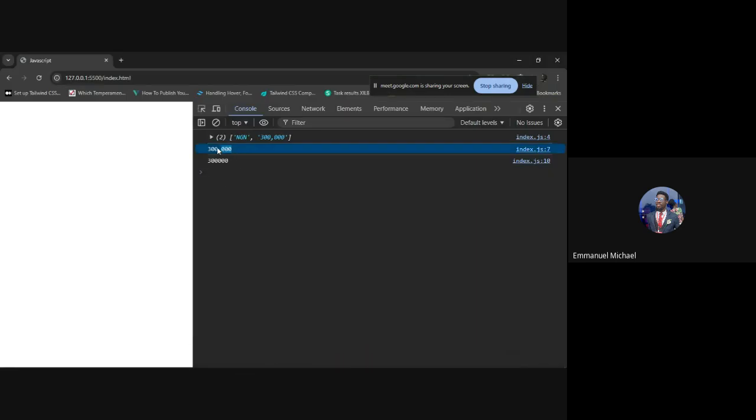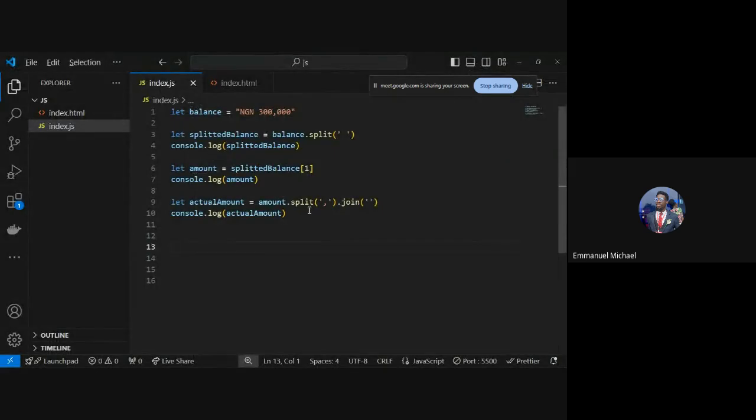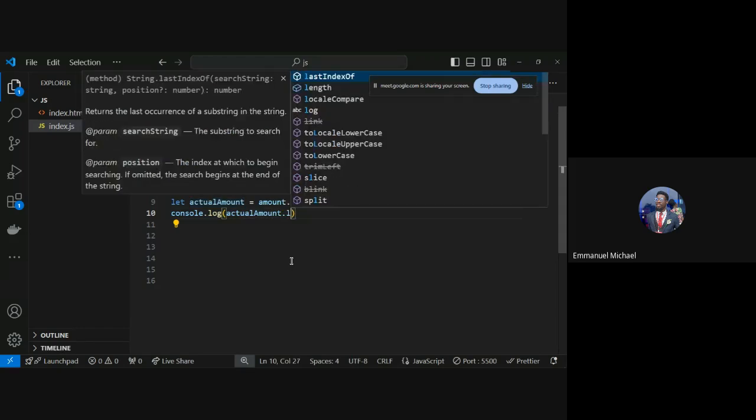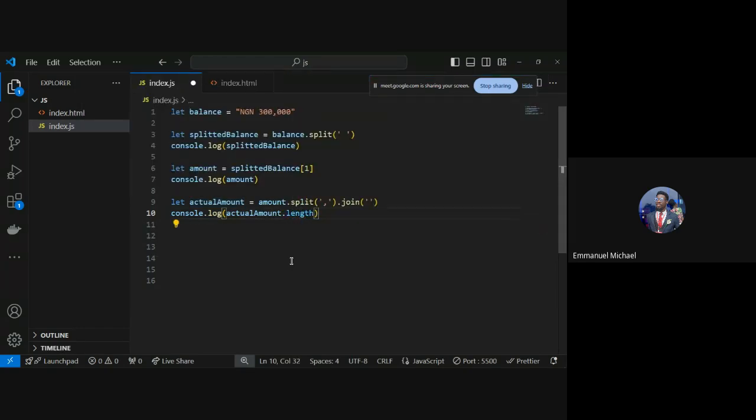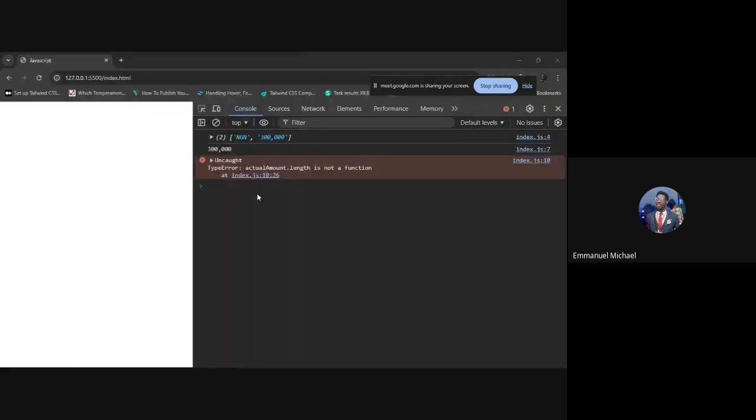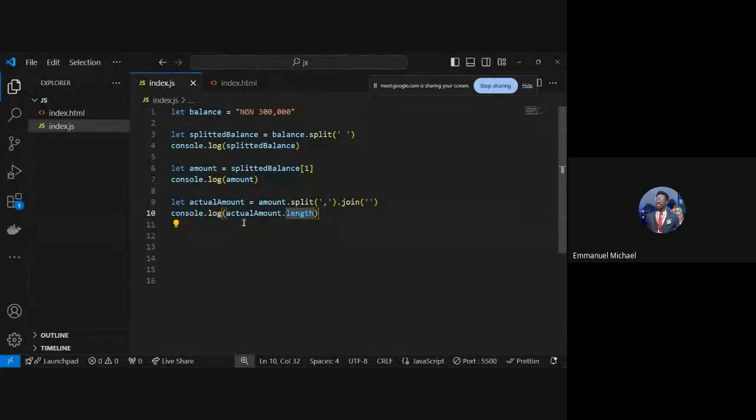So this is the first 300,000. So when I split it, this is what I have. So I need to find out how many letters are here because I'm going to use it. So I can say actual amount dot length, which should give me 6. So actual amount of length is 6. So now this brings me to the repeat. So I can now say